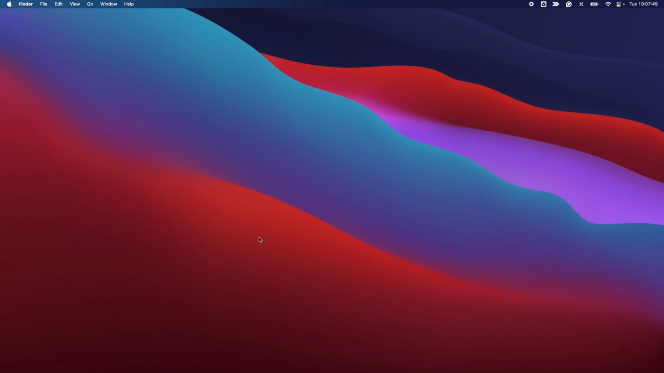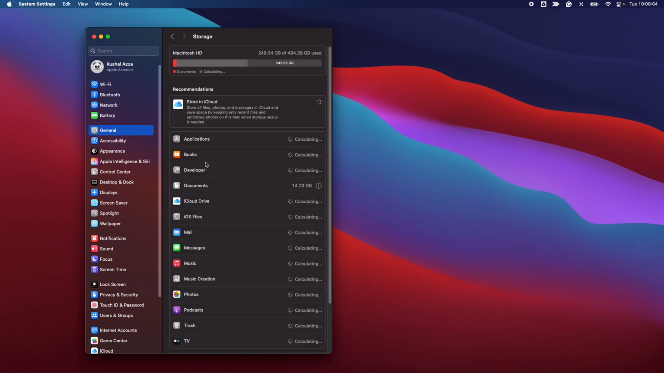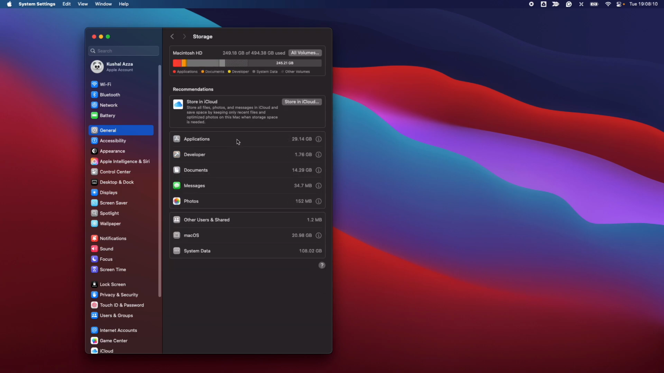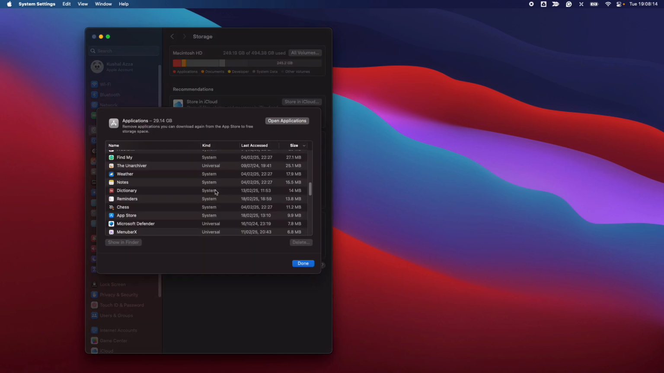Now if I want to check which applications are compatible and which applications are currently installed, what I can do is click on this Apple menu, go to System Settings, and within System Settings I can check this General tab and Storage, and within Storage I can open this Applications folder. Let me wait for it to complete. So I can just click on this Applications folder and it will give me the list of all the applications